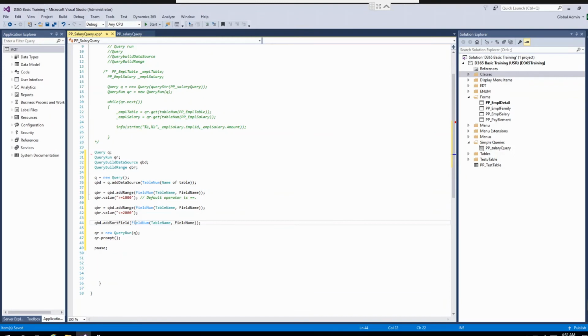So let us take one practical example to understand this dynamic query. First let me comment this so that I will not get any error while building. Right now I have not specified this table name, that's why I am commenting it. Otherwise the system will give an error that your table is not defined, the table name is not correct.